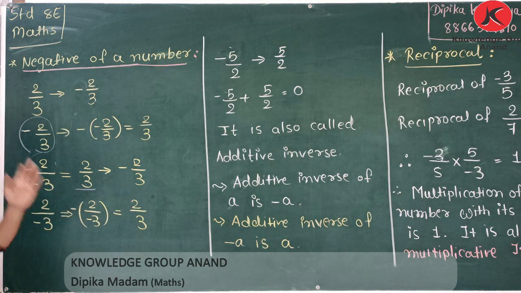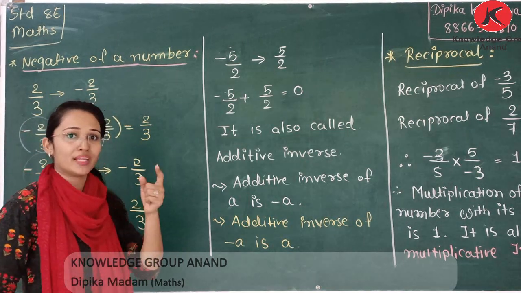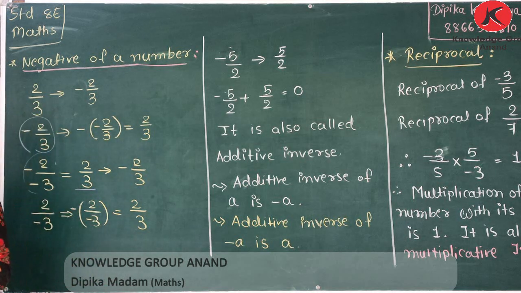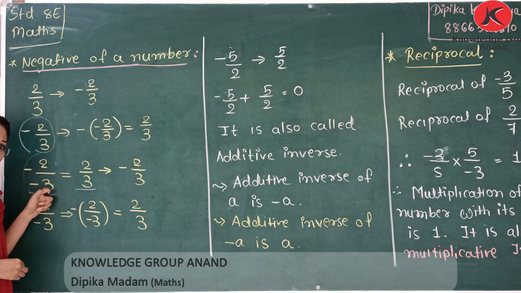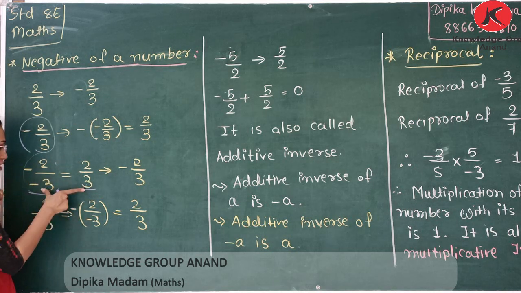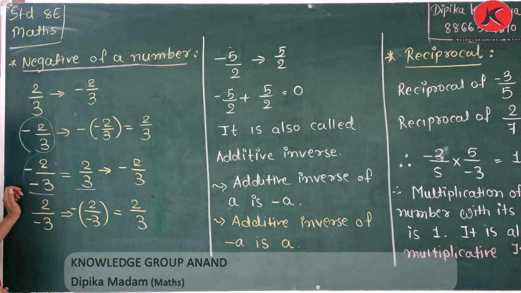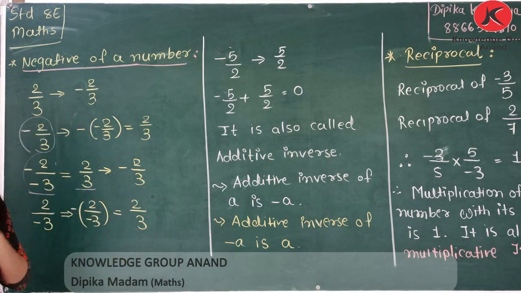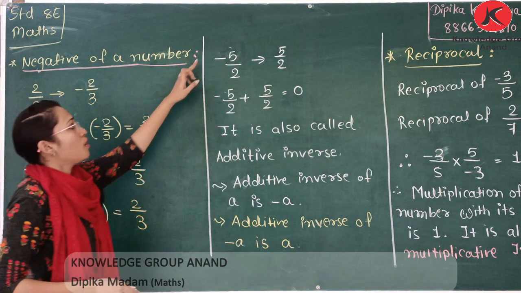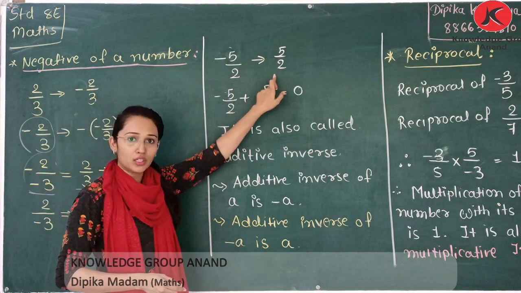Means if there is a negative rational number, that is, if either the numerator or the denominator is negative, then what is its negative? A positive rational number. And if both are negative, that is a positive rational number, this is called a positive rational number. Why? Because -2 by -3 or 2 by 3, both are the same. So these two are a positive rational number and this -2 by 3 or 2 by -3 are negative rational number. So whichever number is given, to find its negative, write one negative sign in front of it. So -5 by 2, negative of -5 by 2 will be 5 by 2.